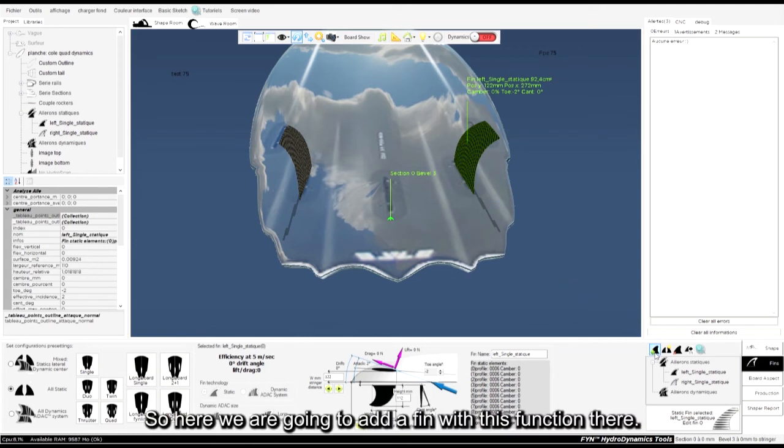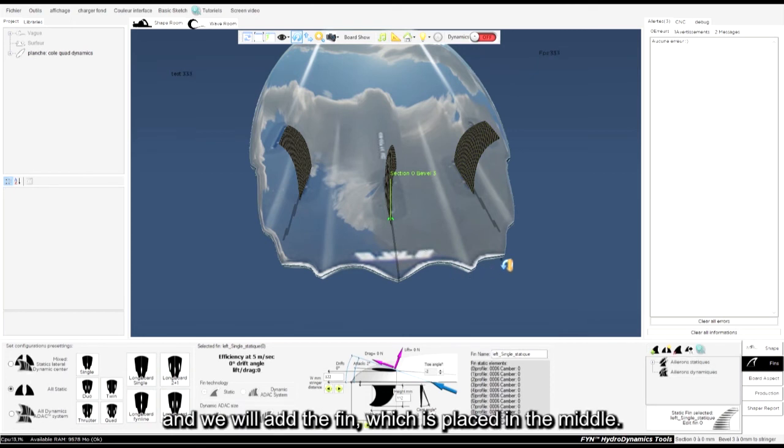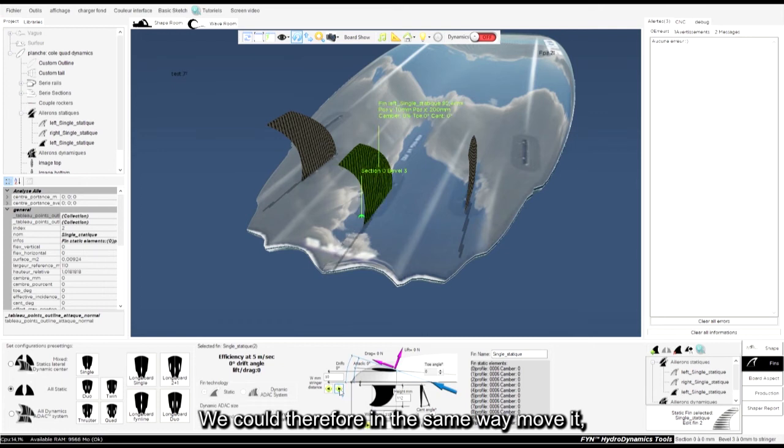So here we are going to add a fin with this function. A small interface comes up and asks us to select the type of fins. We will stay static and we will add the fin which is placed in the middle. We could in the same way move it.